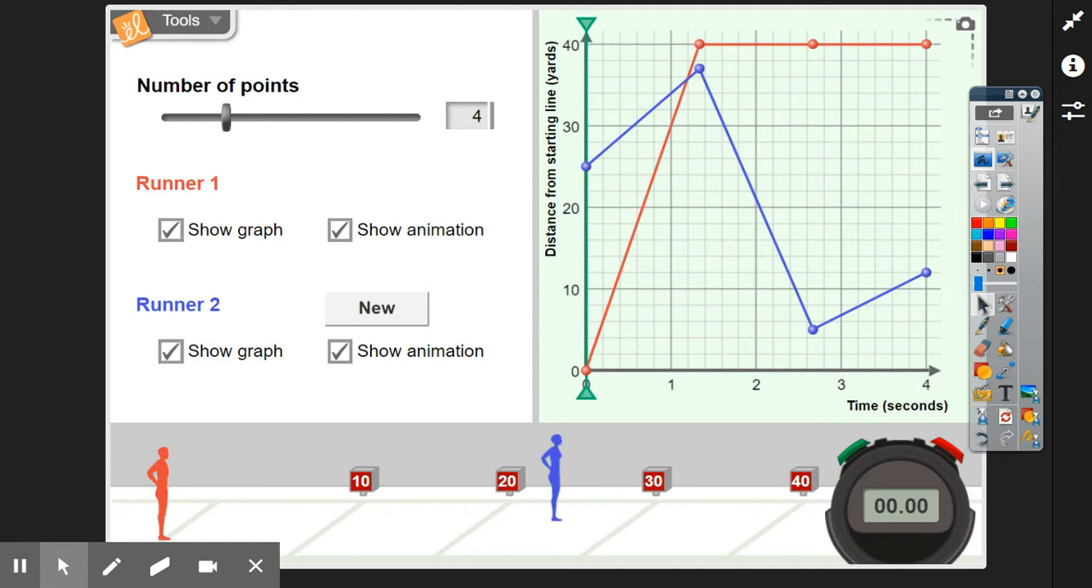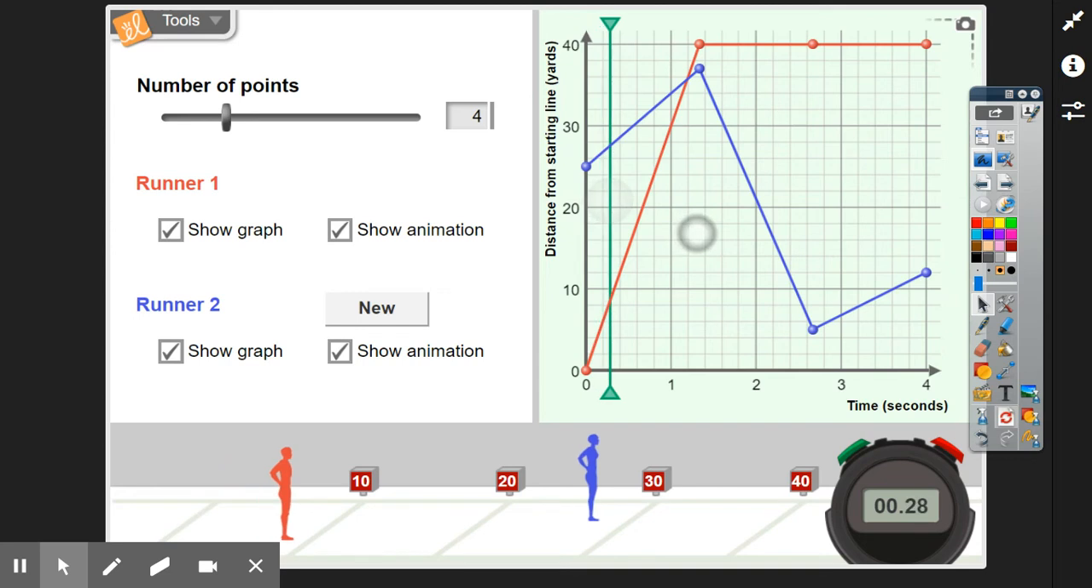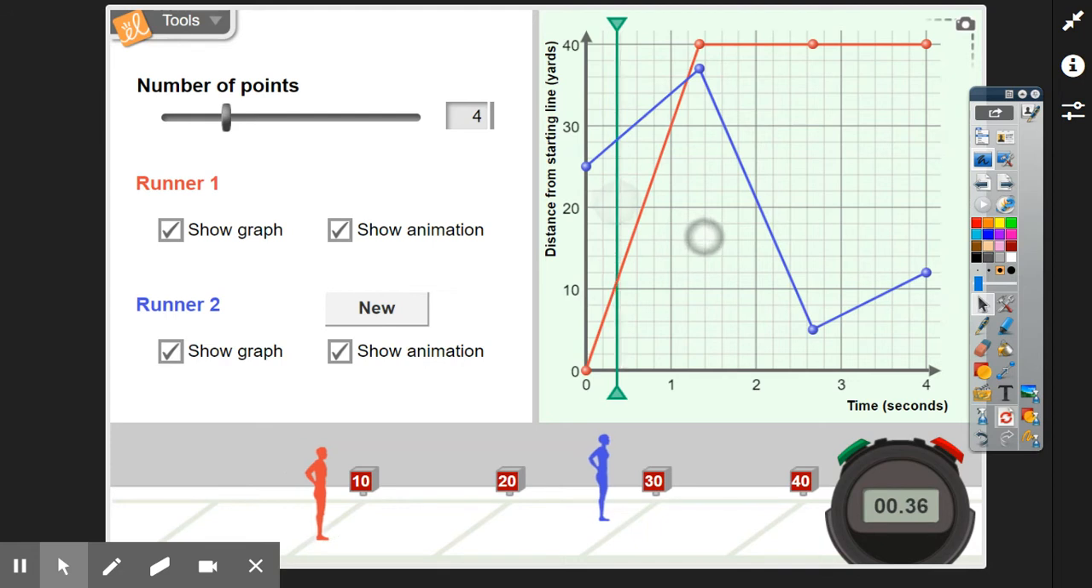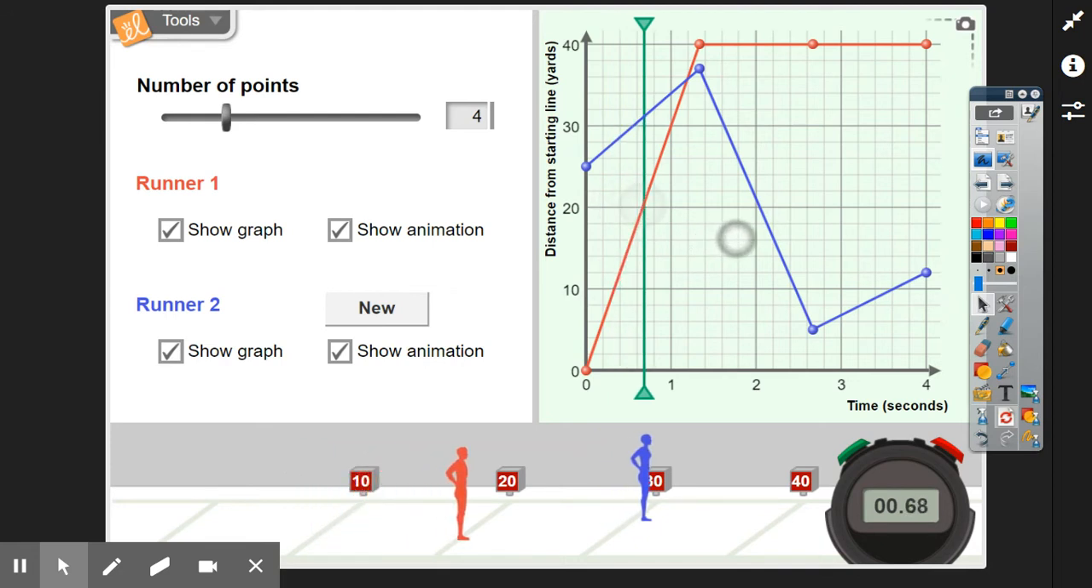All right, so this runner starts right here. At 0 seconds, this runner is at 25 yards. So if I added a little box right here, that would be 25 yards. That's where this runner is at the beginning. So if I go ahead and start the time, we can see with our red line that this runner is going straight forward, and so is our blue. She's going forward,